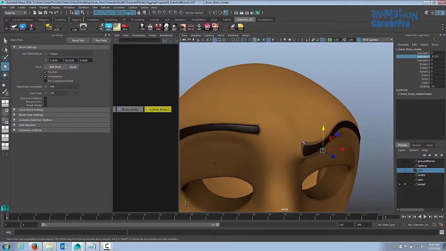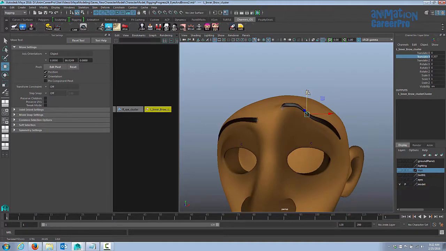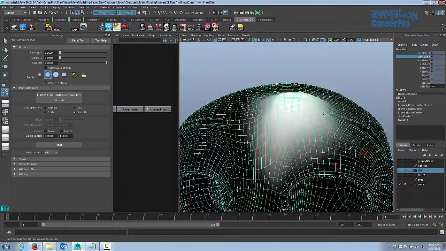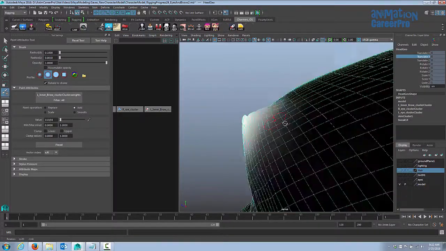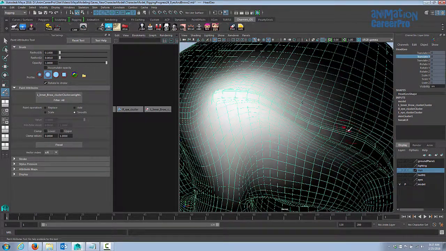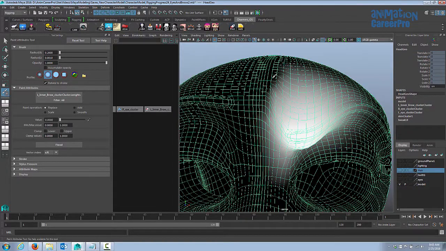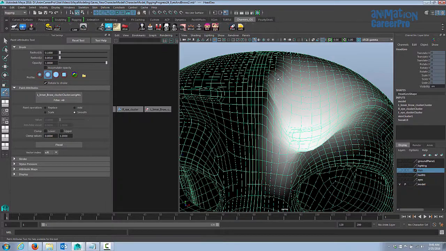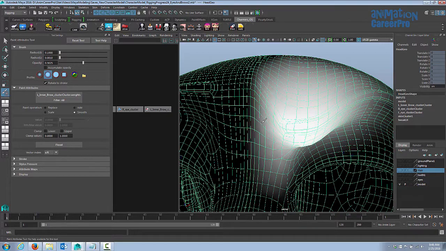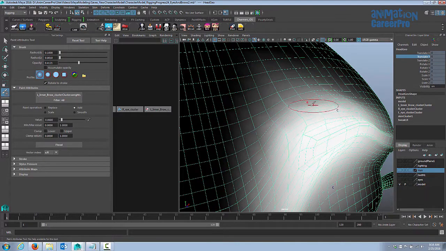So right now I have all this stretching happening. I really don't want to have that there. So we have to work on this a little bit by adding weight, getting rid of some of the weight in certain areas, and then smoothing it out. So I'm just continuing to add weight in certain areas just to have it pop up a little bit more, and then smoothing the areas out.